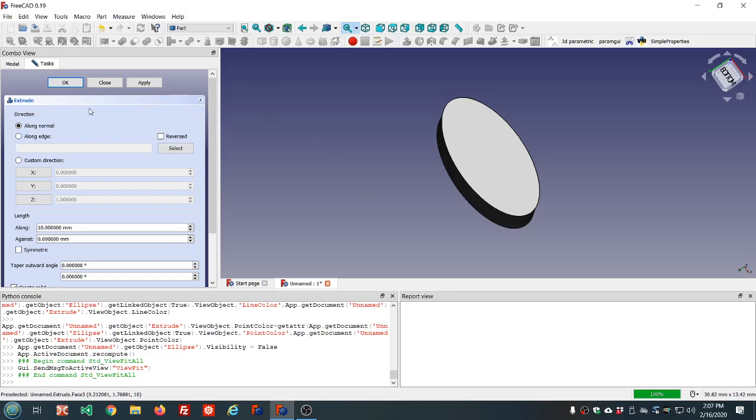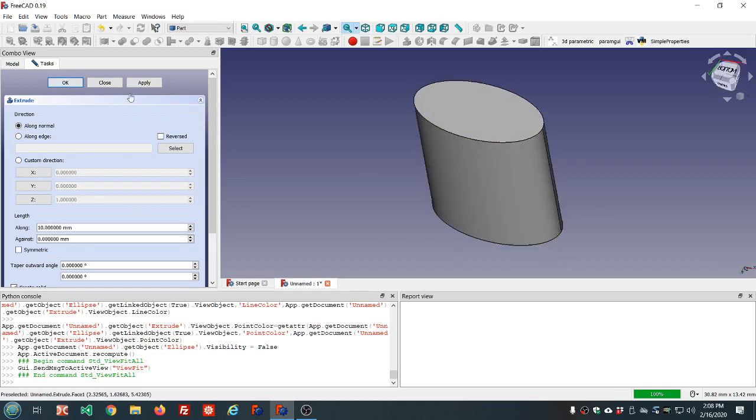When I use the extrude tool, I like to use the apply button. This is a handy tip, rather than OK, because OK will close the dialog. I use apply. If I don't like what I saw, I undo,